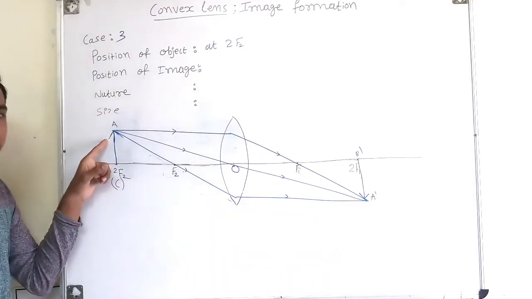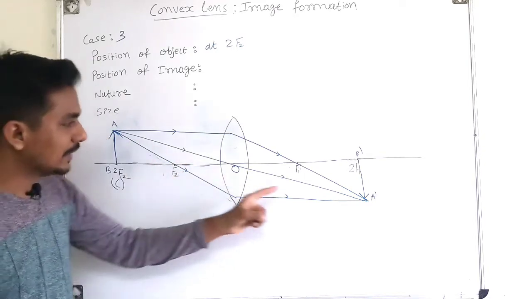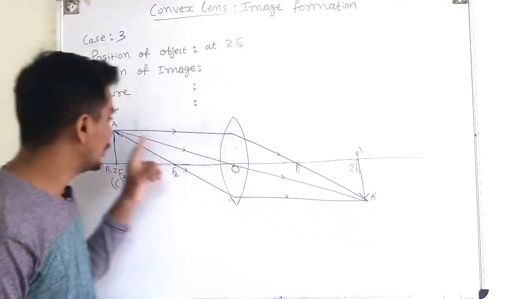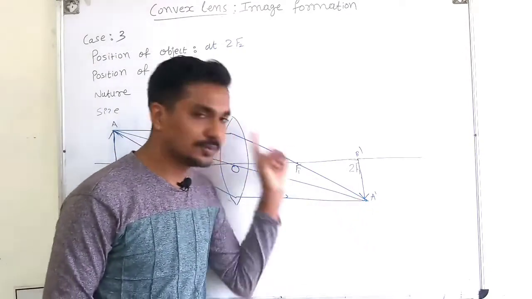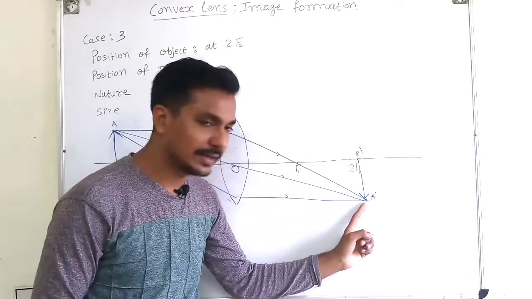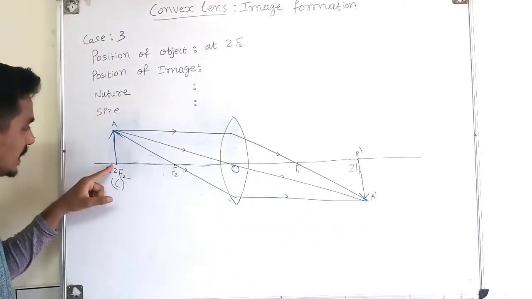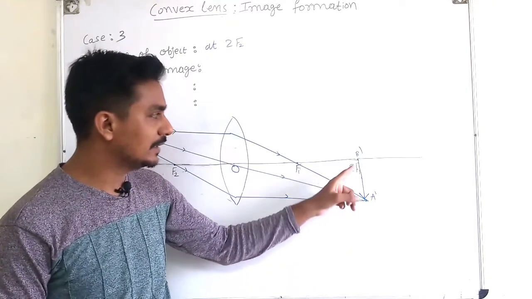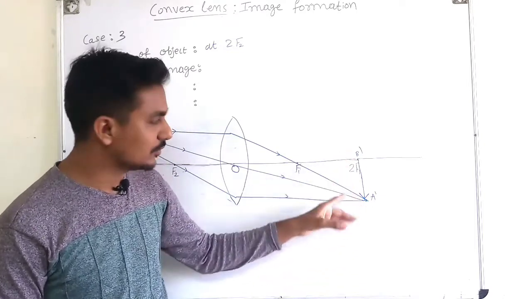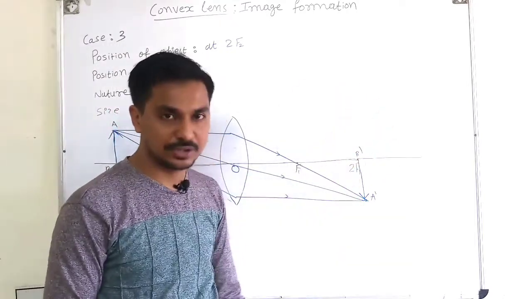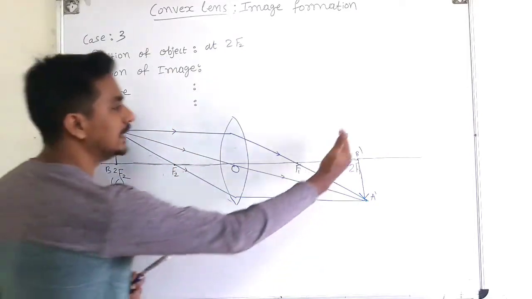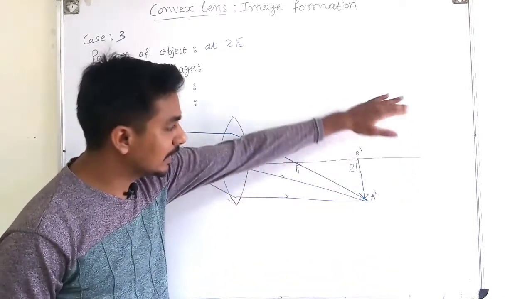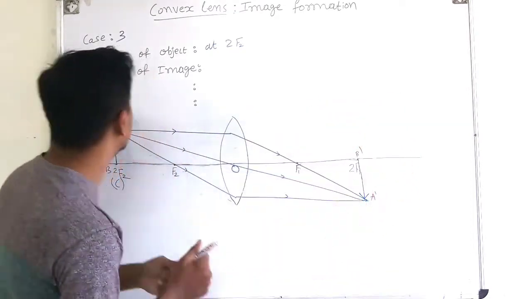Here the rays are coming out from the head, and hence we are getting the image of the head here. So here the object is AB, this is the tail and this is the head, so here we are getting the head, and here the tail, A dash B dash. So here we are getting an inverted image, and if you place a screen here, then we will get the image on the screen, and hence this type of image is called